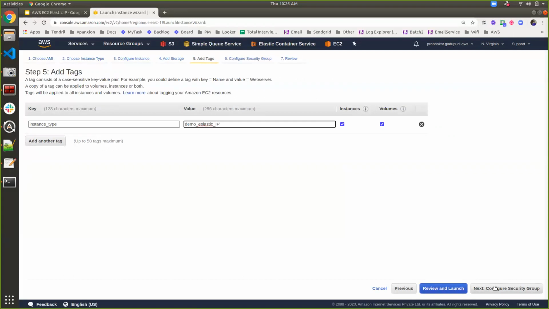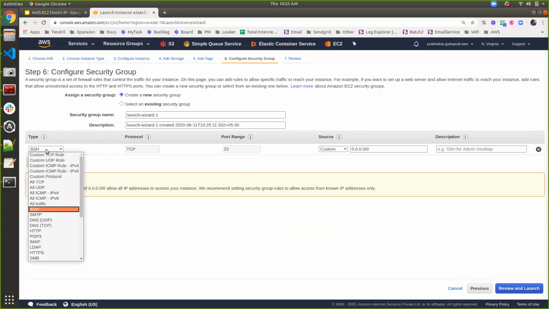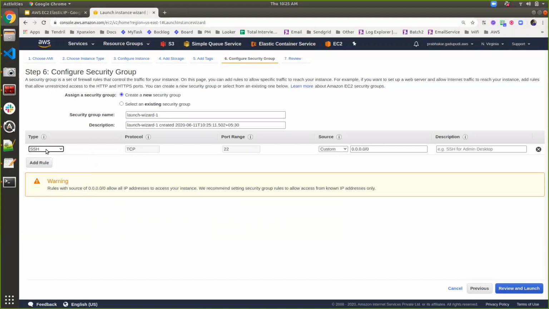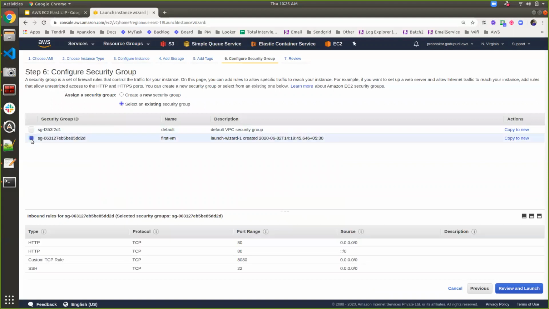Next go to security groups, and this is a very important aspect here. When you are working with the Ubuntu instance, there are different types of security groups, and inbound and outbound rules are enabled for them. You can define which ports you need to open and which ports you need to block. In my earlier demo, I used a new security group, first VM, and there I opened port 8080, port 80 and port 22. For PuTTY access to my Ubuntu machine, port 22 needs to be enabled. So in order to do the SSH, I can select my first VM security group.